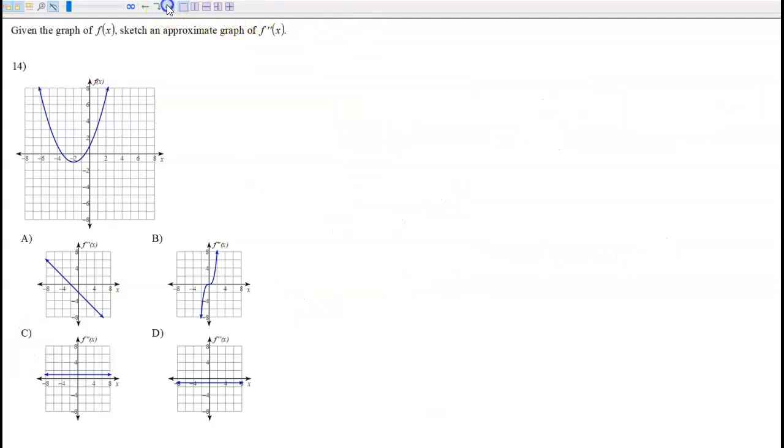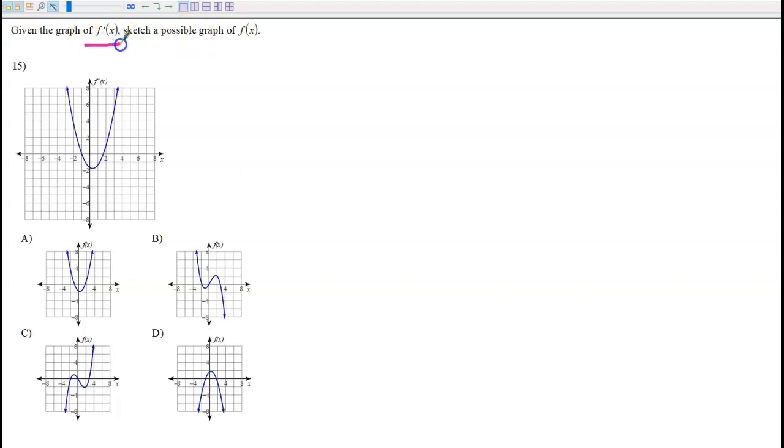All right, let's take a look at another question here. This time, I'm giving you a graph of f prime, and I'm asking about f. So this is a slope of f. So here, when you're looking at a graph of f prime, anywhere where f prime is above the x-axis, f will have a positive slope. So, since f prime is above the x-axis,